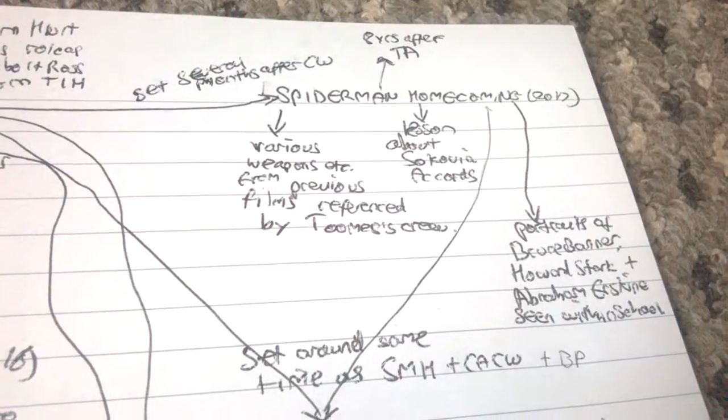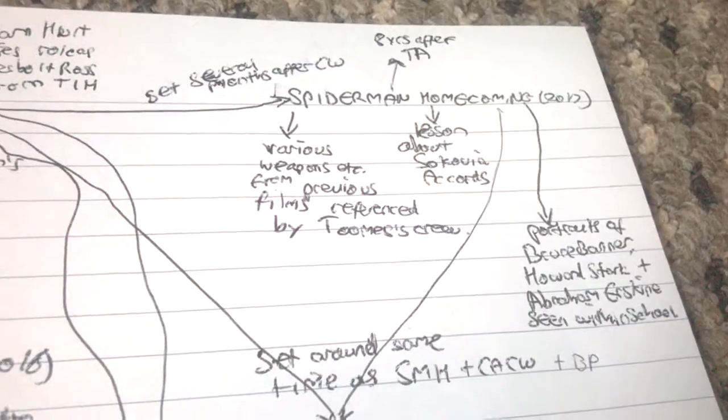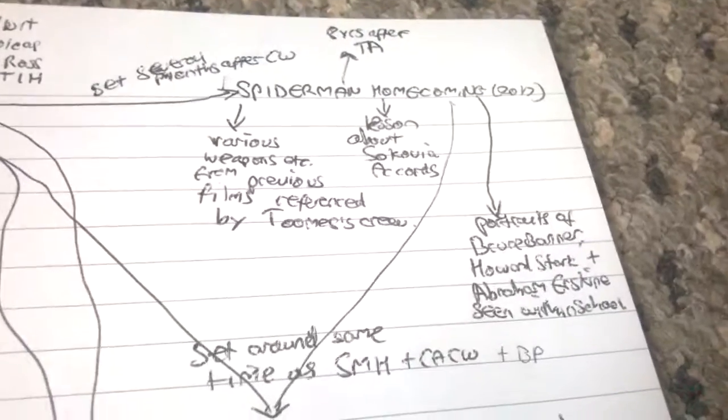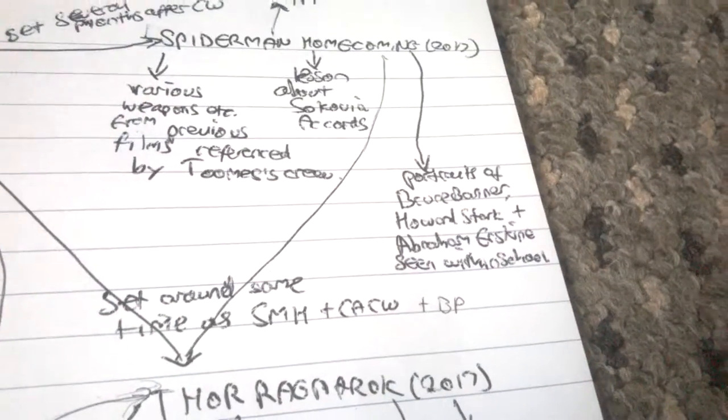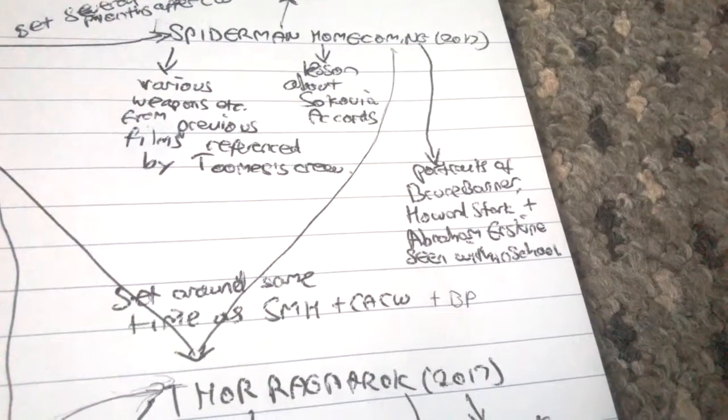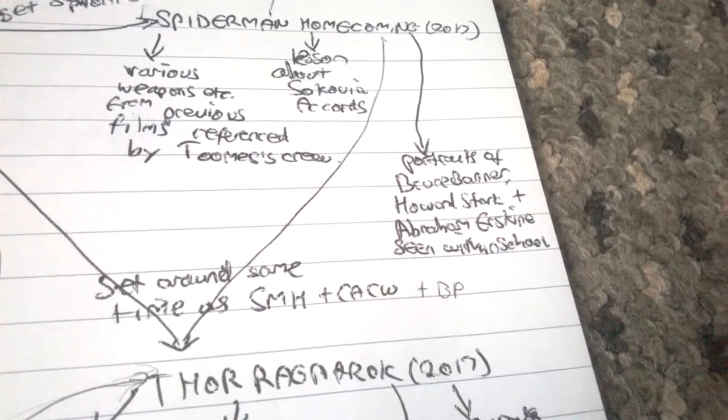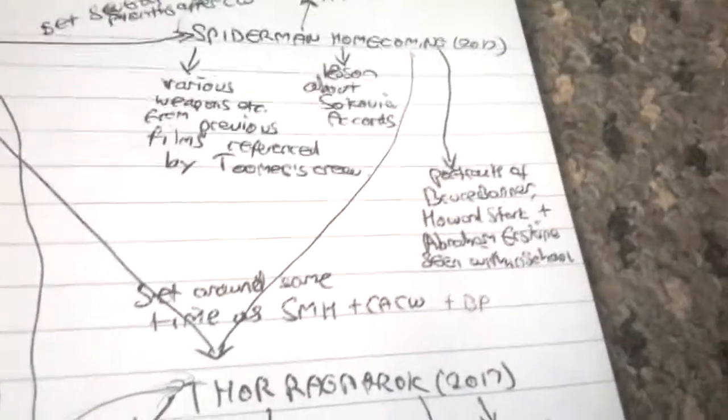Peter Parker's class has a lesson about the Sokovia Accords, which is the main thing in Civil War. And then there's portraits of Bruce Banner, Howard Stark, and Abraham Erskine seen within the school. I don't know who Abraham Erskine is, but